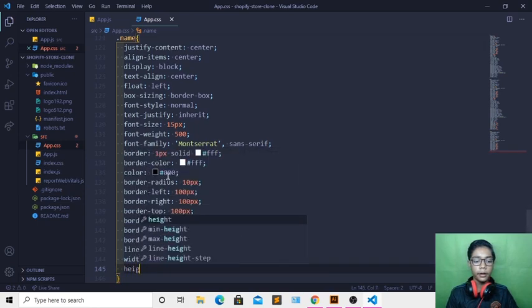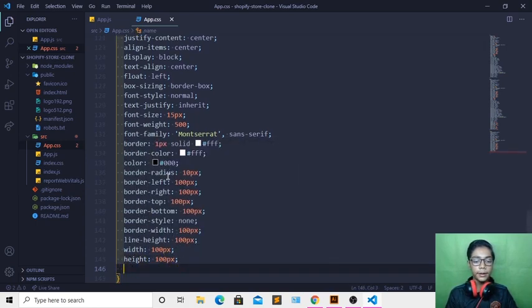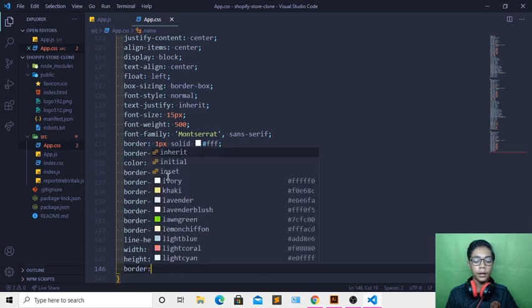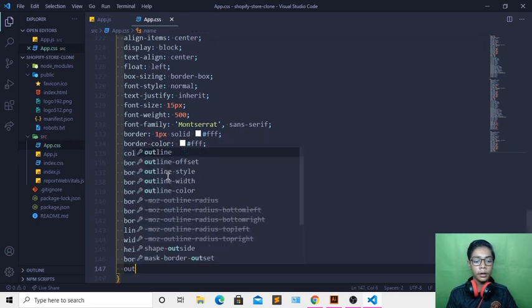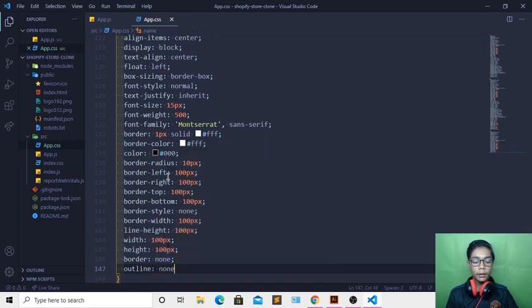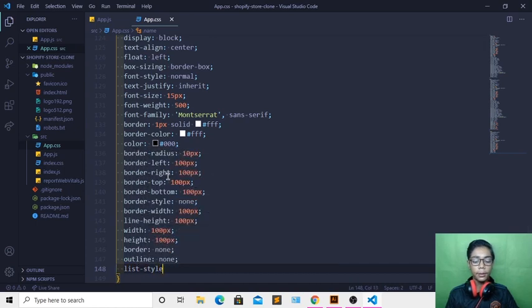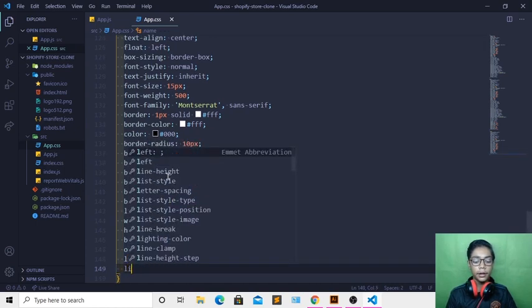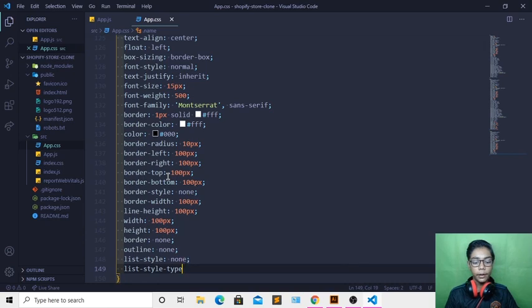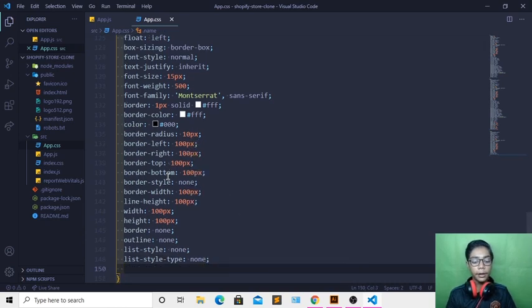And I will also be creating height 100 pixel now. When you've done that, I will be writing border, which should be none, and create outline none. And I will be writing list style, which should be none. And I will also be writing list style type none. When you've done that, I will be coming underneath again and creating a tag, which should be